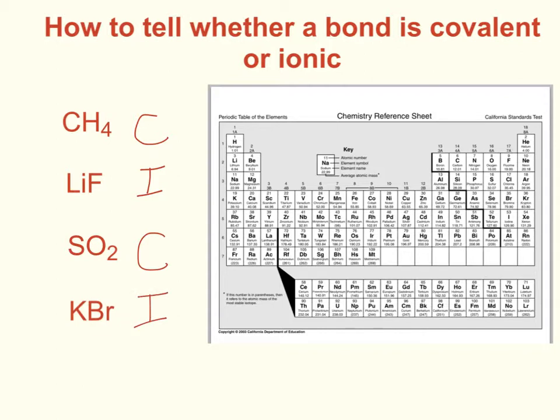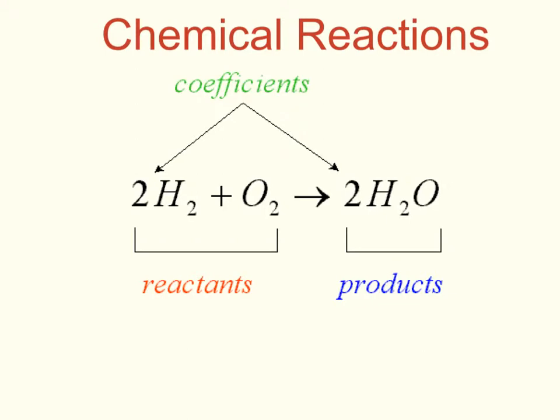ionic bond. So again, to tell whether it's a bond that is covalent or ionic, just look at the periodic table and determine whether you're dealing with two nonmetals, which would be covalent, or a metal and a nonmetal, which would be ionic. Chemical reactions are written to show you which substances bond with which other substances to form something